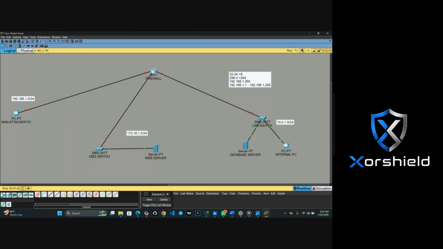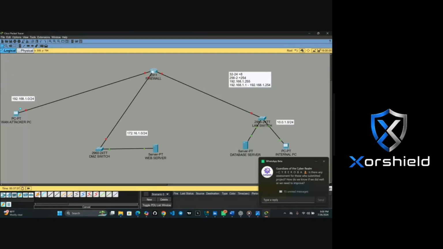Then from 2 to 254, you can give your PC. You can even give this attacker PC 192.168.1.253. It will still work, as far as it's still within that usable range. Are you getting it?